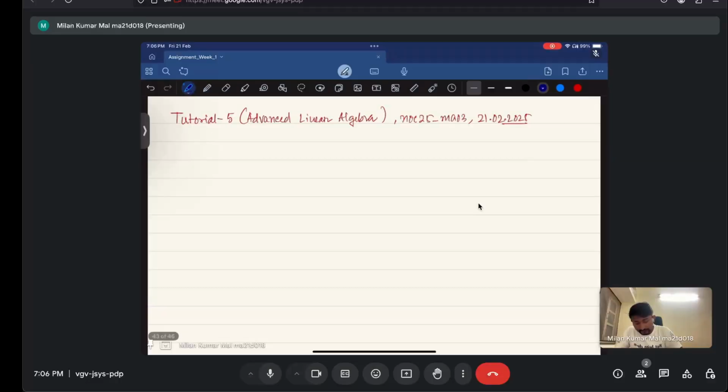Okay, let V and W be two vector spaces over a field F. And recall that